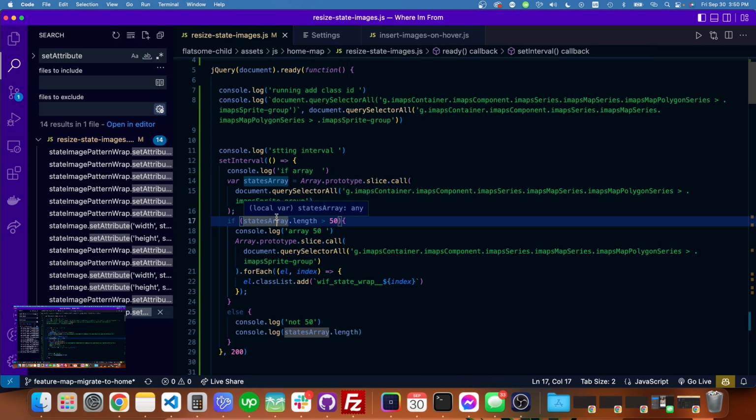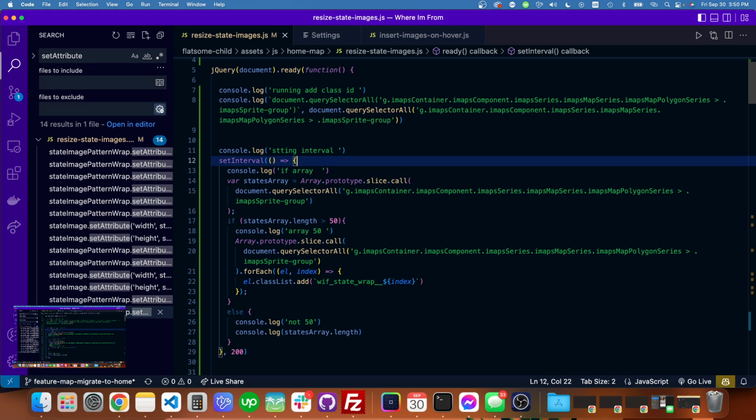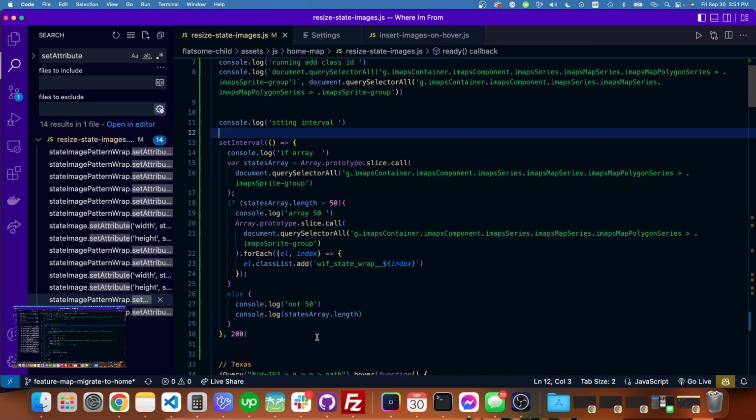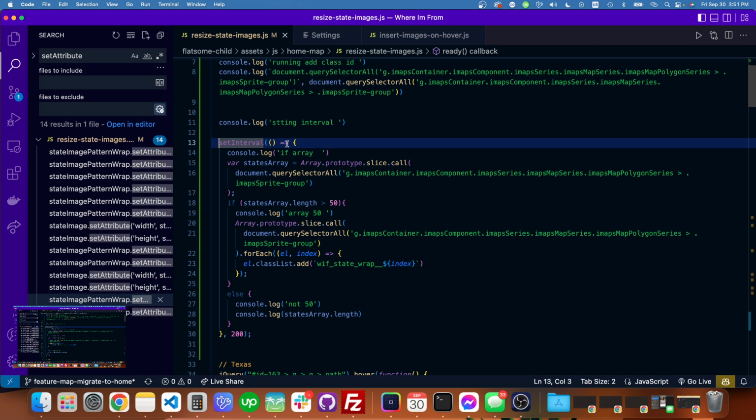Hey there, I want to show you how to set an interval and then also clear the interval inside of that interval. So I'm just going to give you this example from this thing that I already have written out here. You can see I got a set interval here, and the way I'm going to be able to clear it inside one of these